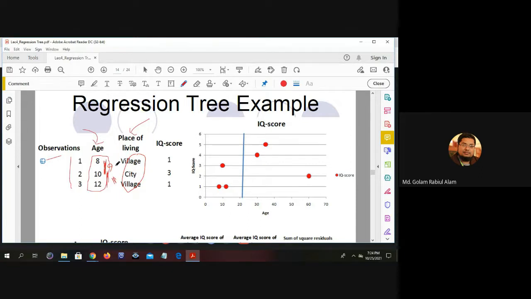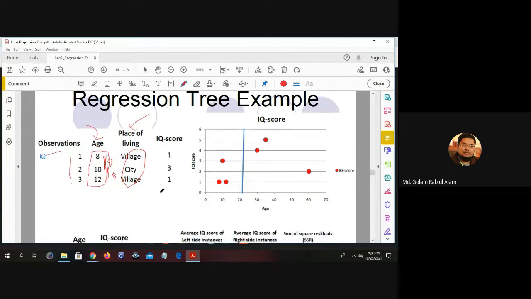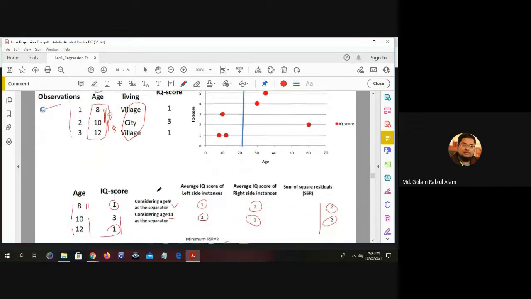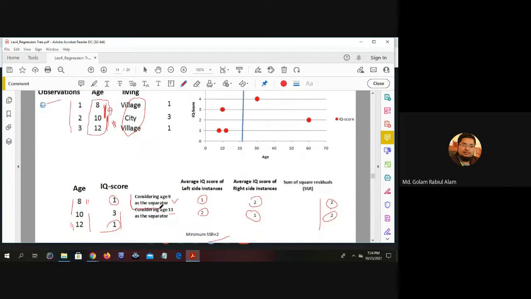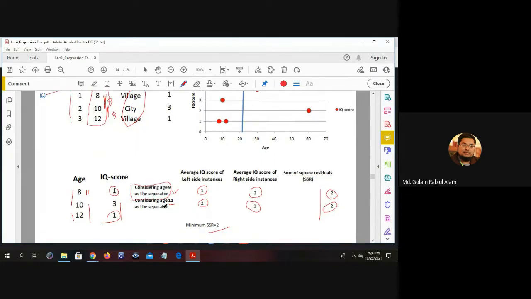Okay, so that means 9 can be the separator, 11 can be the separator. So considering 9 as the separator. If we consider 9 as the separator, so in this case age is 9. If we consider this one as the separator,